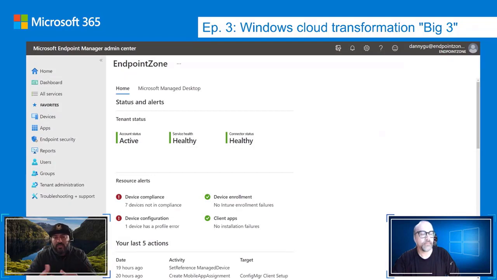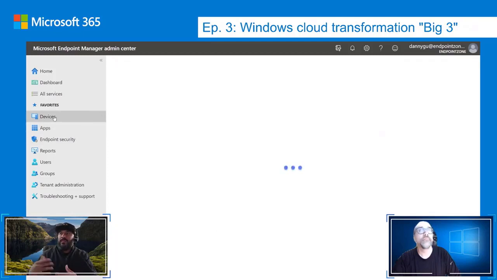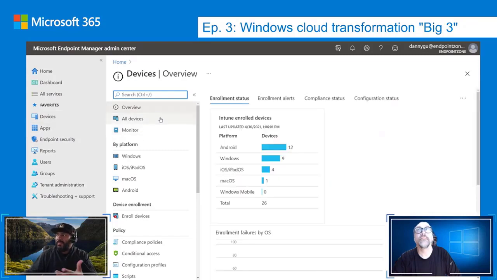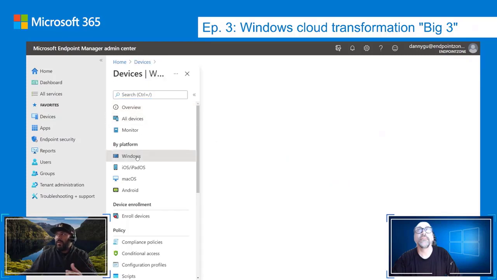Obviously, co-management as well as CMG comes into play. But customers that want immediate cloud value, we stress today, go tenant attach: low risk, easy to implement, doesn't change any workflows. I mean, all of the Big Three is kind of like that. But essentially, once you tenant attach your environment, cloud attach your environment to the cloud, you get some extra features. As soon as you configure tenant attach within your Configuration Manager estate, you're going to actually see things happen in the cloud console. So when we talk about that cloud console, I'm just going to go into